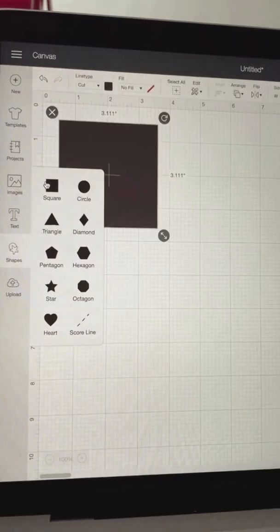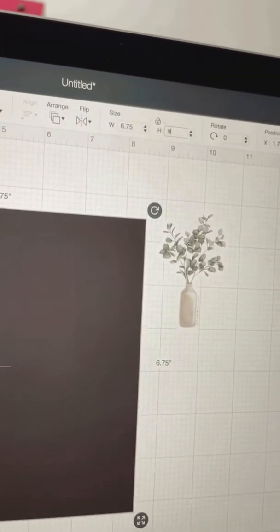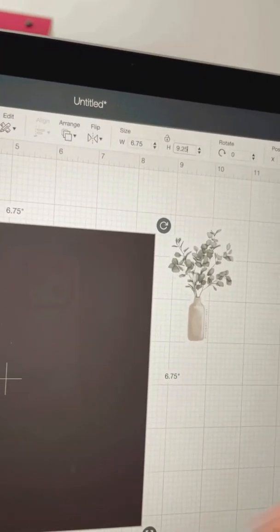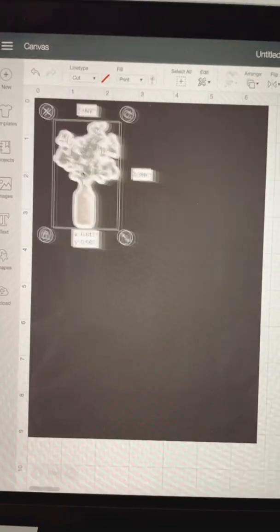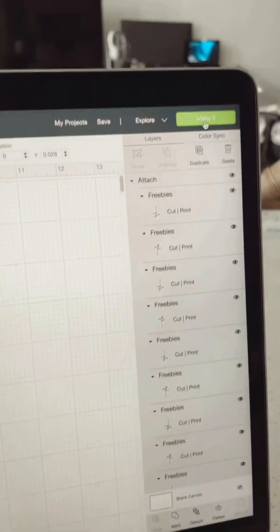The maximum size you can print out on a page is 6.75 inches by 9.25 inches. You can create a square like I did to help you organize the sticker layout when you're starting out. Once you have your layout in place, you want to select all of your images and select Attach. Select Make It and Continue, and make sure your Cricut is connected so you can send your design to the